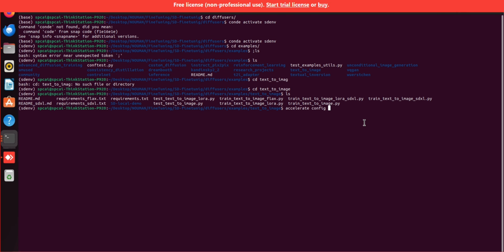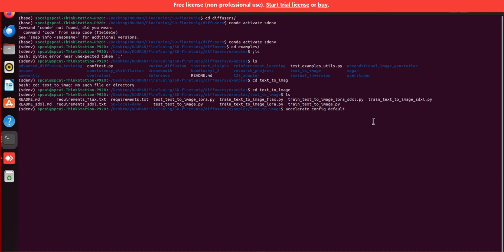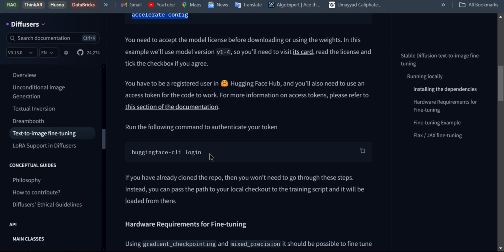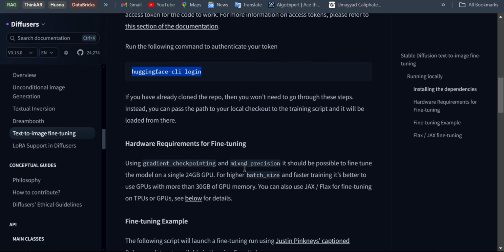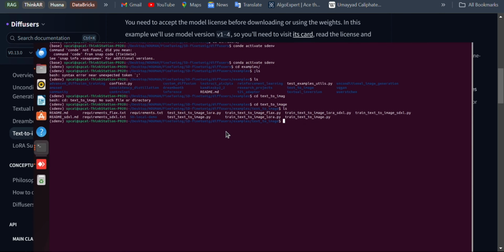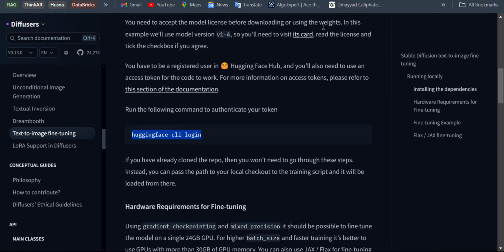I will also be using the default parameters inside accelerate config. After entering this, it will be initiated. After that, you have to log into the Hugging Face account. I already logged in, but for that you just copy this command and paste it here. It will ask for the